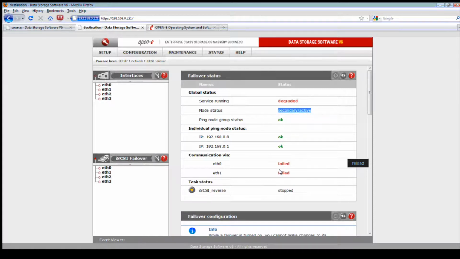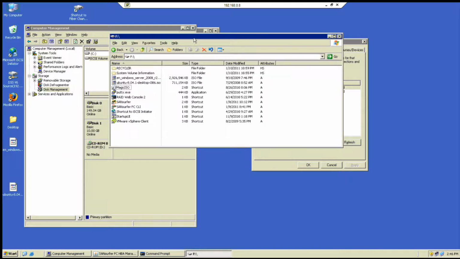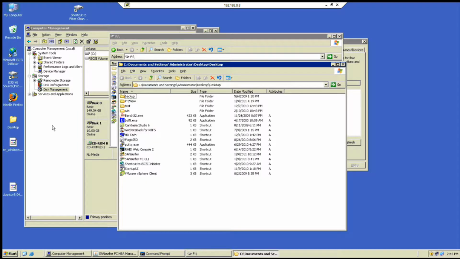What at this point is doing is communicating with the secondary. Secondary says, okay, I'm going to take over. Go ahead and put your state into an inactive suspend mode. At that point in time, the secondary, which is the destination, used to be destination passive, will now promote itself as the destination active server.